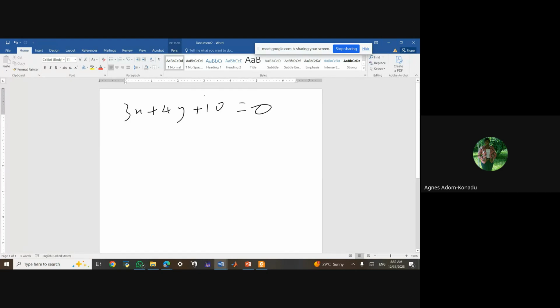I can rewrite this by making y the subject, so I have y is equal to -3/4 x minus 10/4. And we know that comparing this with y equals mx plus c, where m is my gradient, the gradient of the tangent line will be